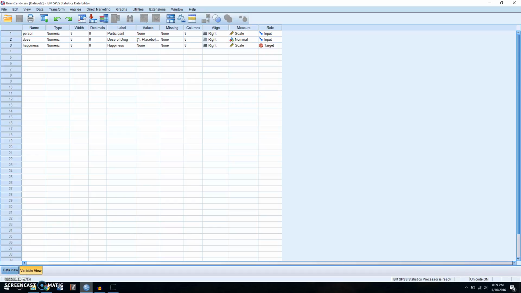Okay, let's do a one-way ANOVA. The way that an ANOVA works is you can have more than two groups, and you can look at whether those groups overall are different on the dependent variable. So we're going to use the